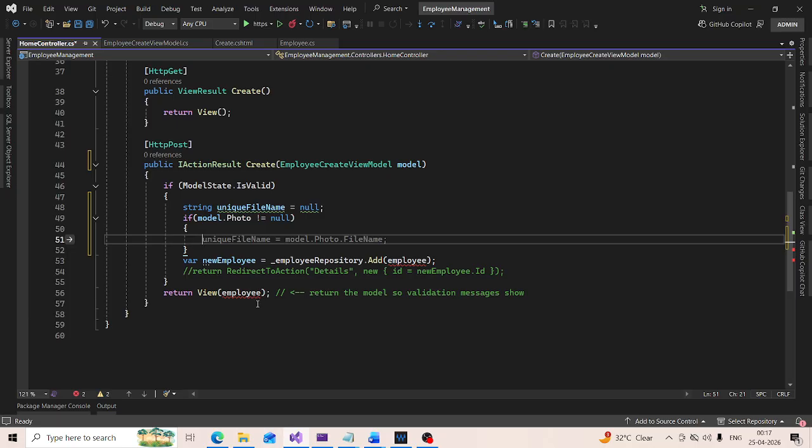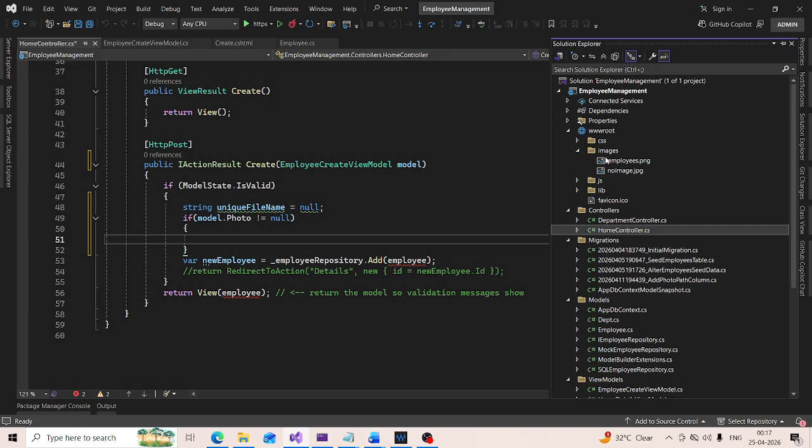That means the user has selected a file to upload, and we want to upload that file to the images folder in www root folder. To get the physical path of this www root folder,